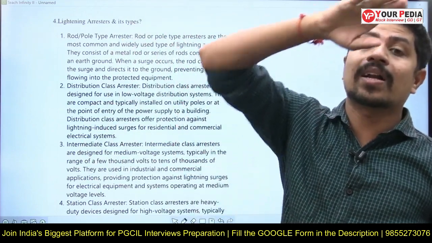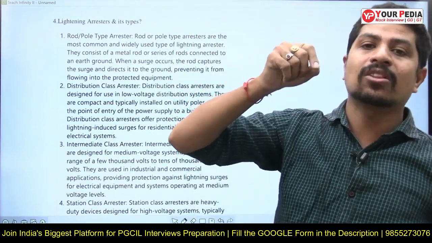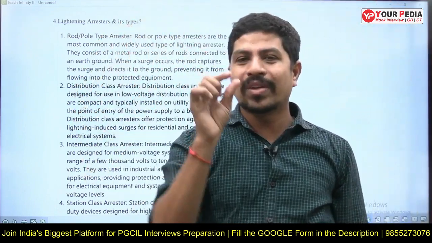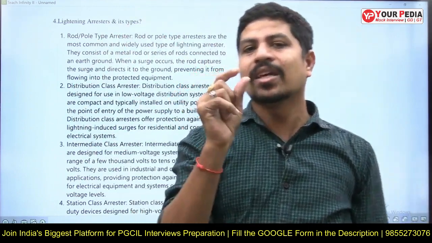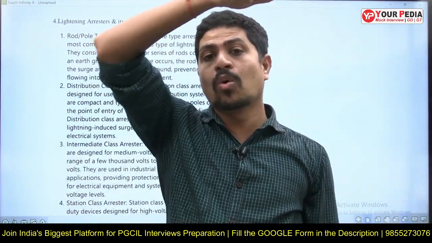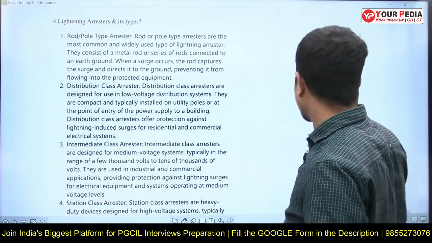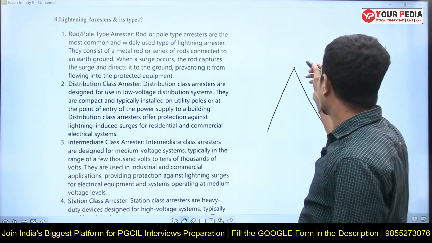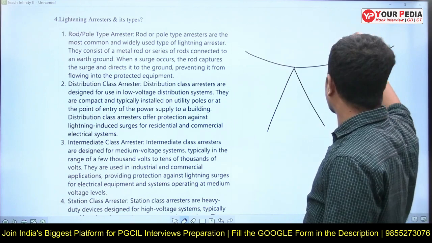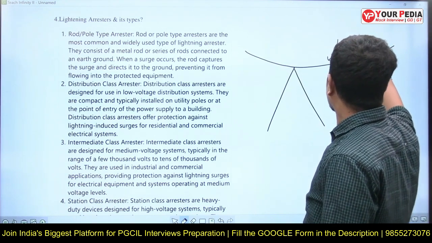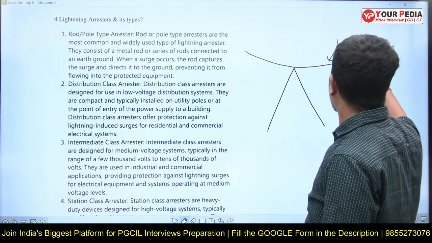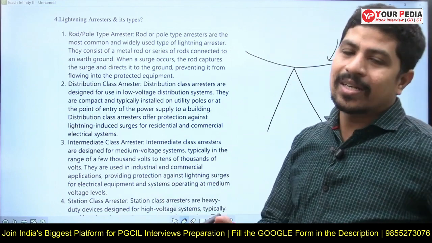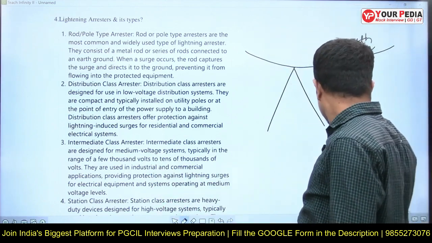If you want to protect our total transmission system from lightning, we use an earth wire, or ground wire, or shield wire, or protection wire on the top of the transmission tower. The width of the wire is very small compared to the power conductor, but it runs throughout the transmission system. It looks like this. If this is our transmission tower, our earth wire or ground wire will run here. This is the earth wire or ground wire. It runs throughout our power system transmission, right?